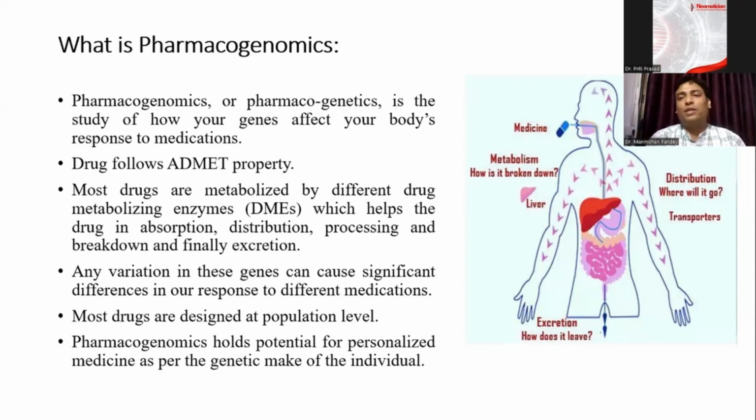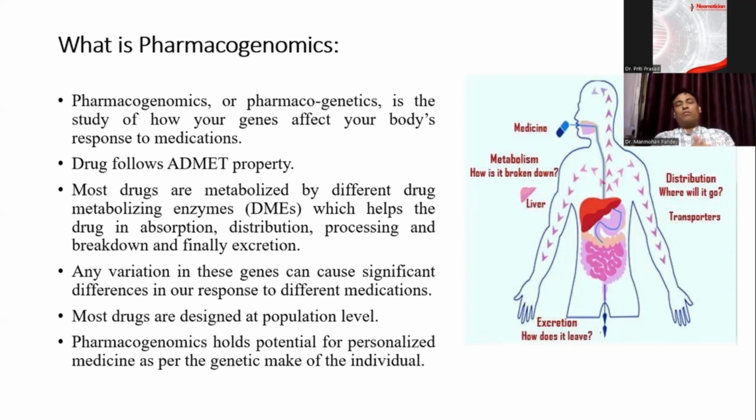Now here we have to understand two thumb rules. The first is that any disease occurs because of either accumulation of some products or deficiency of some product. Secondly, if any variation exists in the enzymes or proteins, it may either enhance the activity of the protein or it may decrease or halt the activity of the protein.